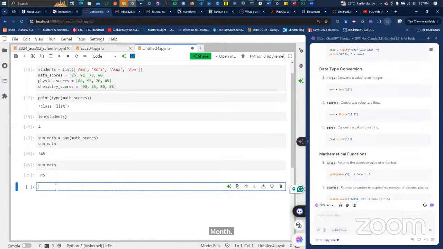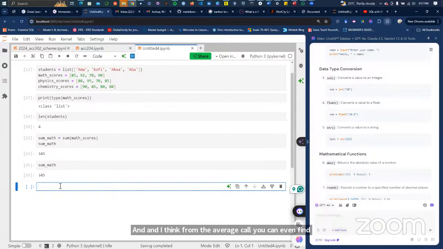How about if you want to find the average? I think in scoring, that is a very useful statistic. It's almost used every time. You want to find the average score, the representative score. And I think from the average score, you can even find your standard deviations and stuff. They all revolve around the mean. The average is also called the mean. From your basic quantitative methods, I think you should know about this.